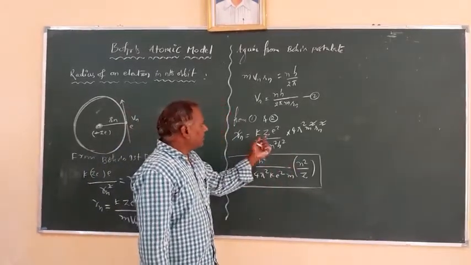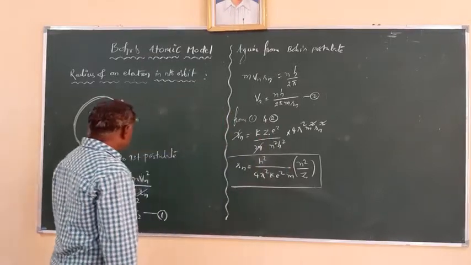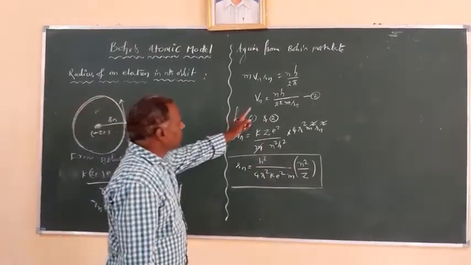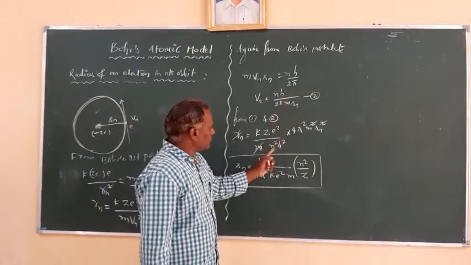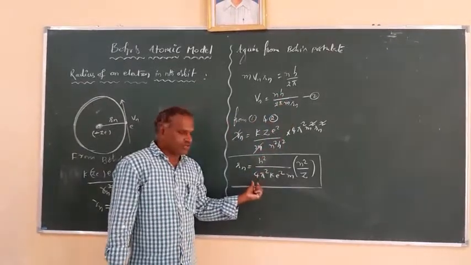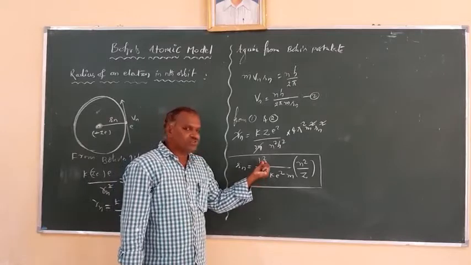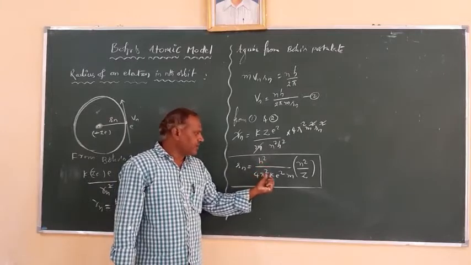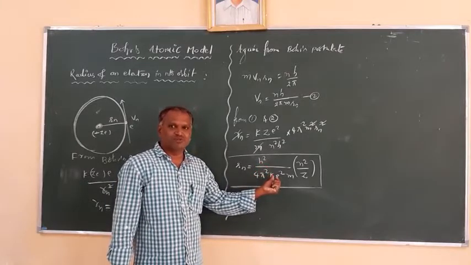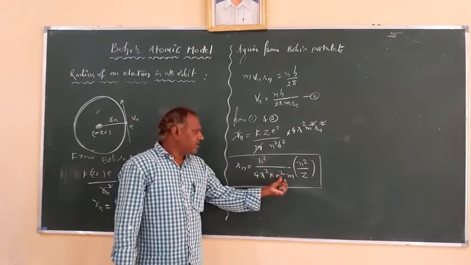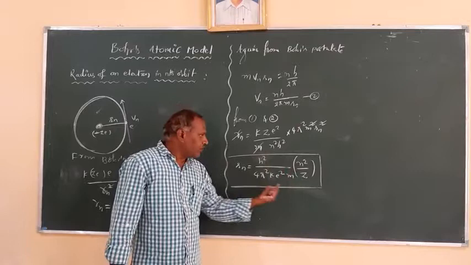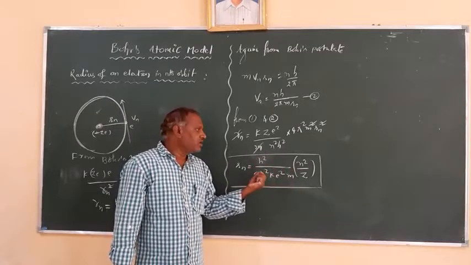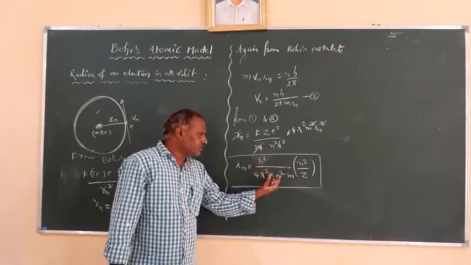Right. Now you can observe that the equation already written here is 4 pi square m square Rn square k n square h square. So now you have this equation. In this, h is constant, 4 is constant, pi is constant, k is constant, 1 by 4 pi epsilon naught is 9 into 10 power 9, e is constant, the charge of electron, and the mass of electron. So if you put all these values, you get the equation with constant values, and when you simplify,